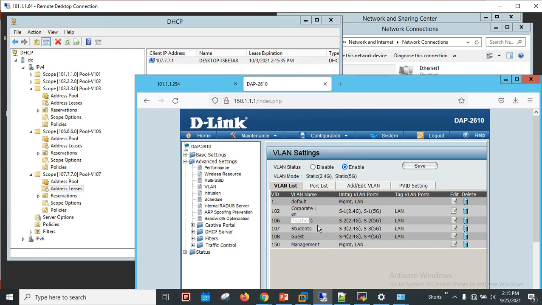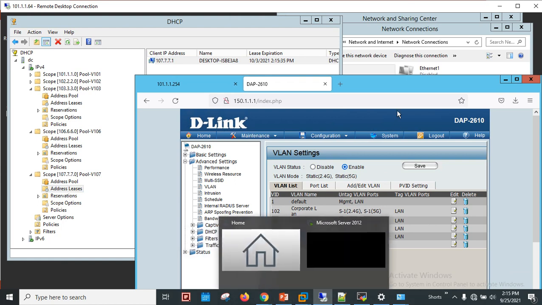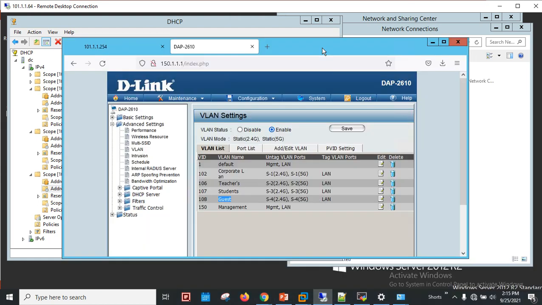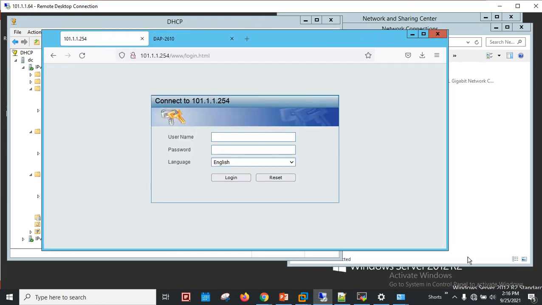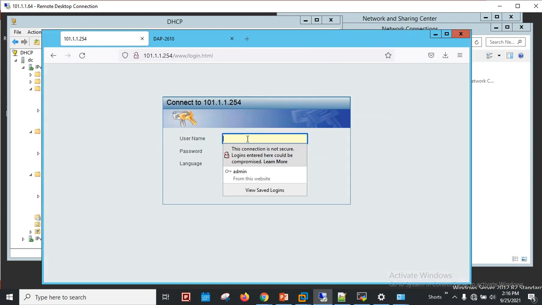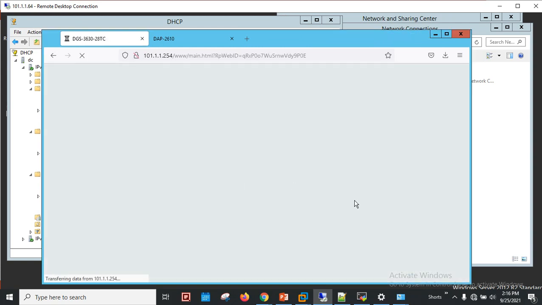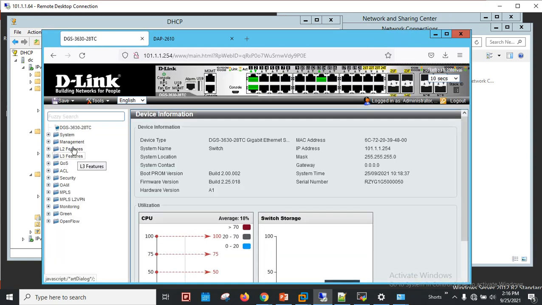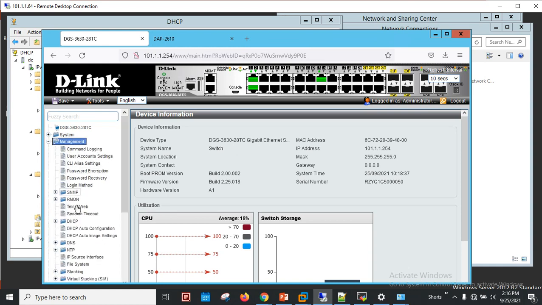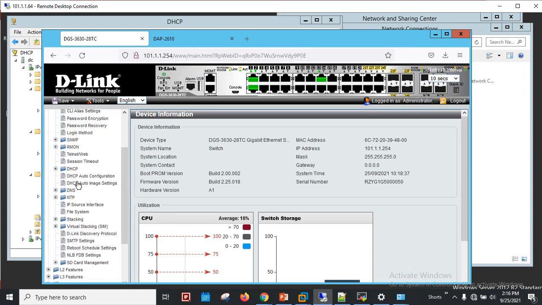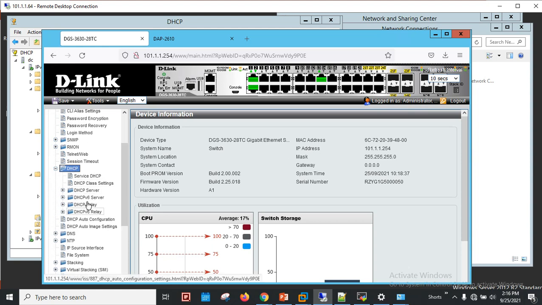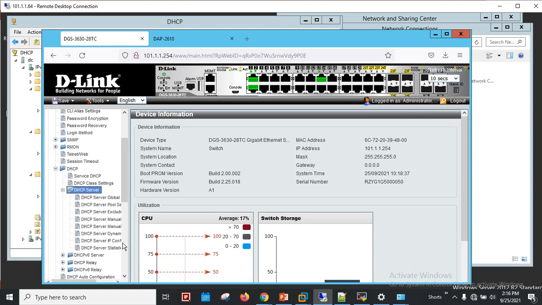Now what about the guest VLAN? As we didn't define the guest VLAN here, we define the guest VLAN on the switch, right? So what we will do, we will go to the switch part. So this is our switch page, and somebody connects to the guest VLAN, guest SSID. He should receive the IP address from the DHCP pool of 108. So DHCP and DHCP server, and this is